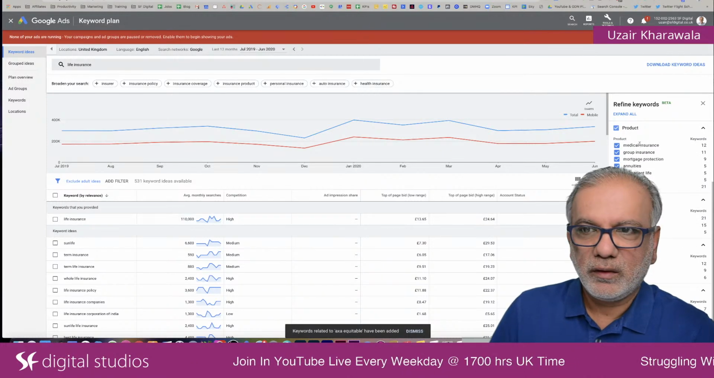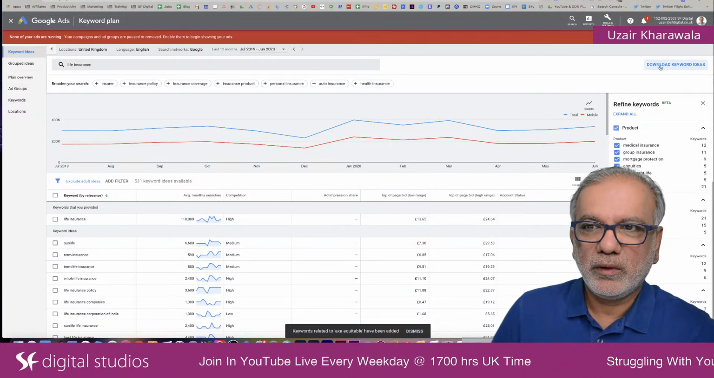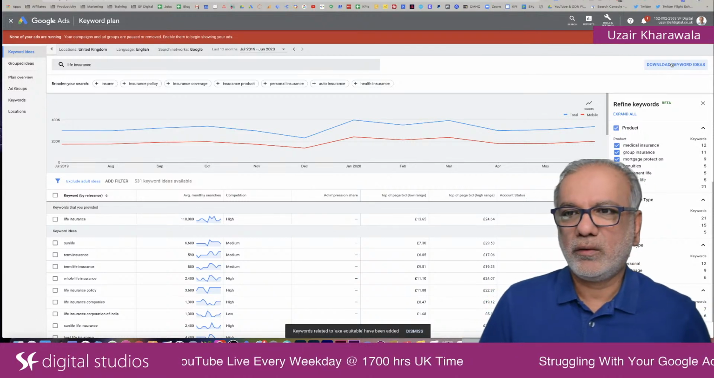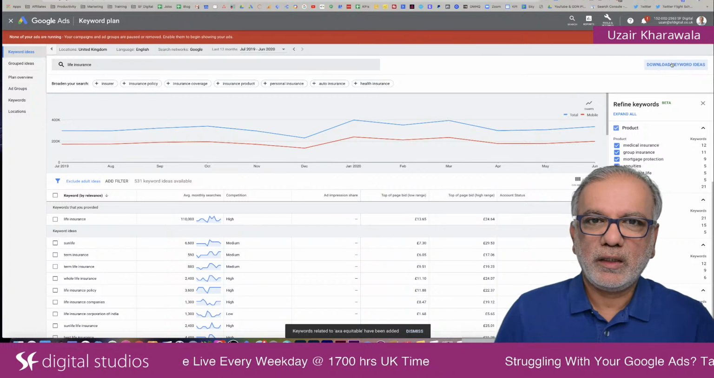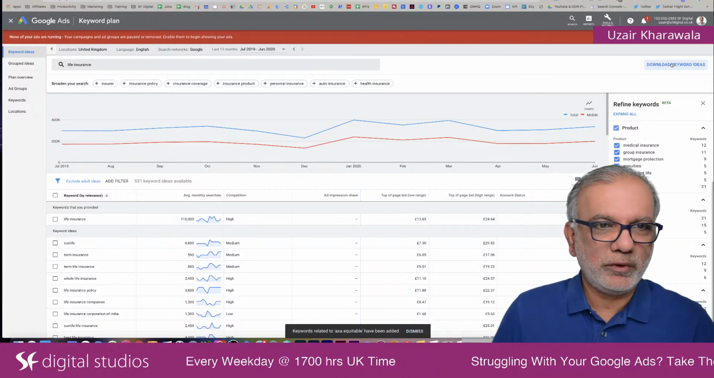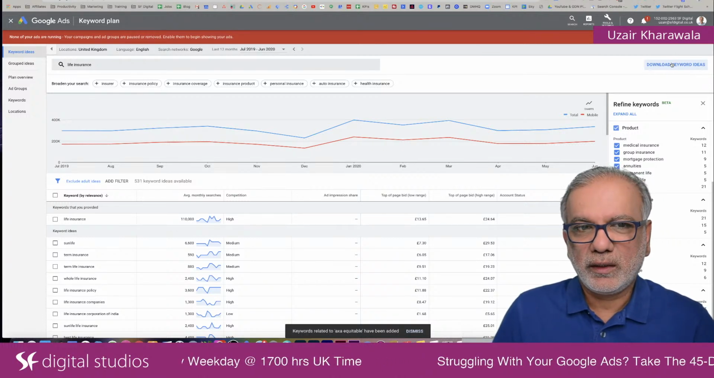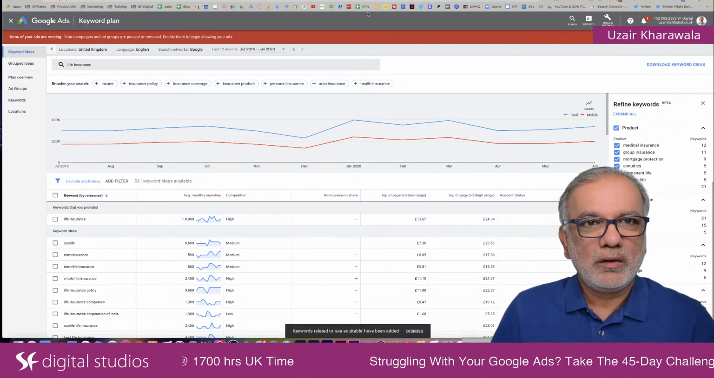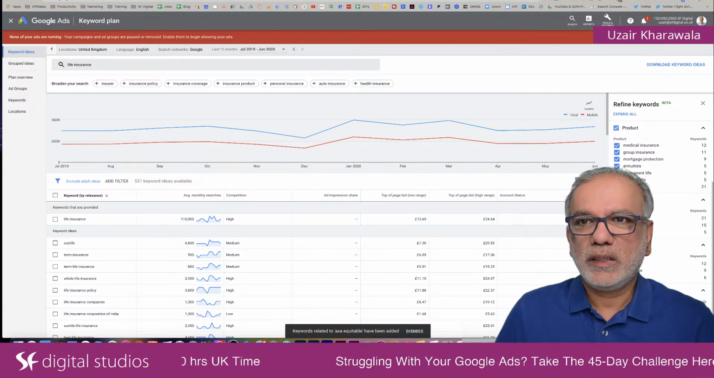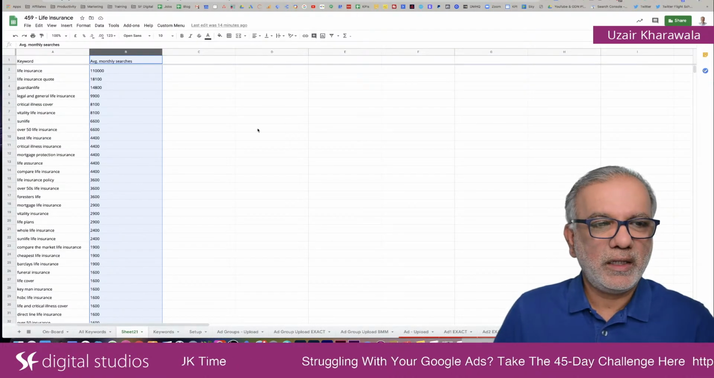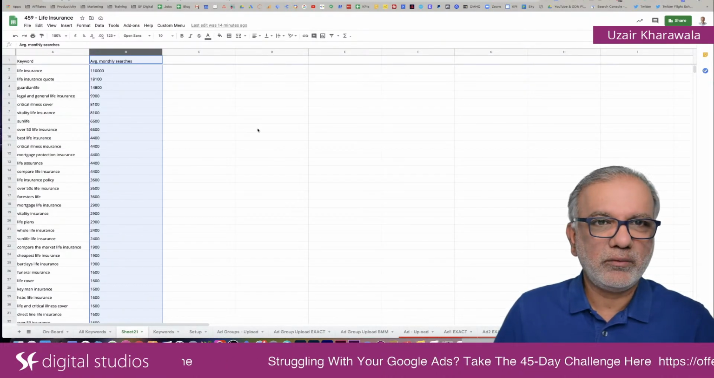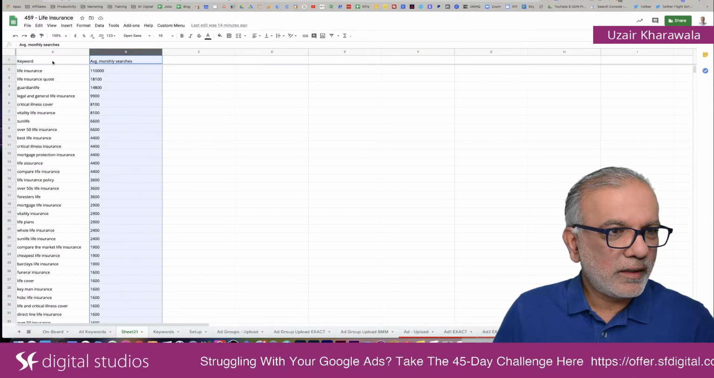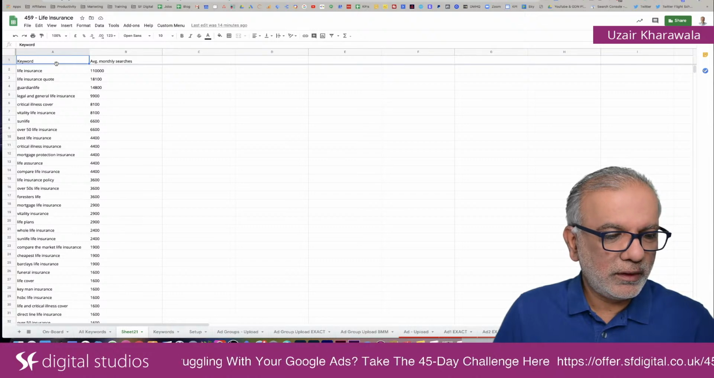Okay, so the next thing you want to do is to download all the keywords by clicking on this little link on the top right hand corner, and it's going to give you a CSV file which you can then import into another Excel spreadsheet or Google Sheets. I've created a sheet which will help you easily and very quickly sort out all these keywords without breaking a sweat. So now what you need to do is